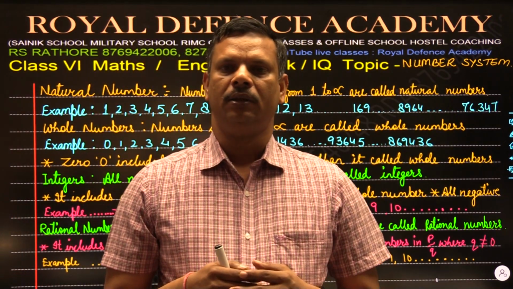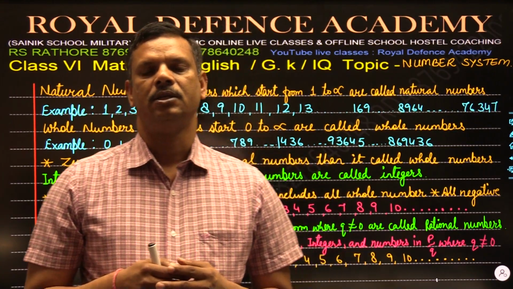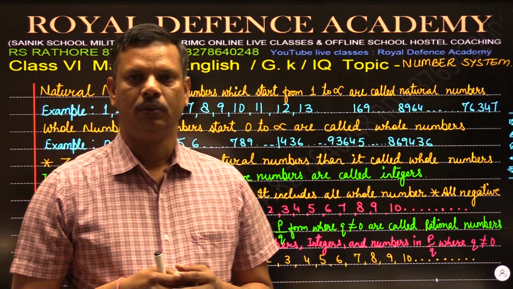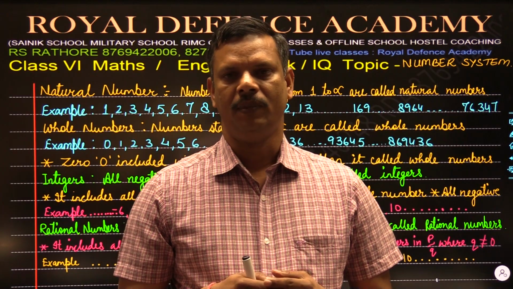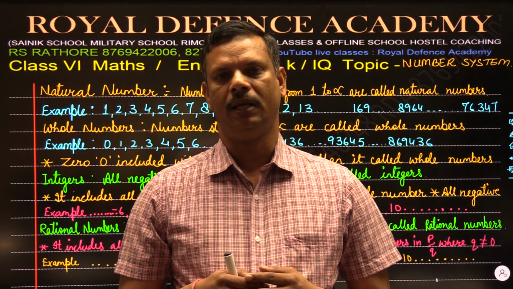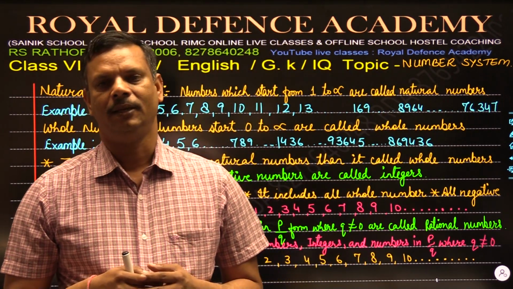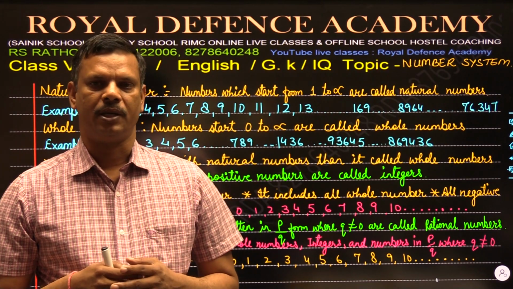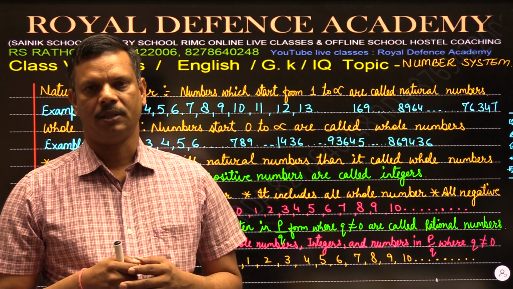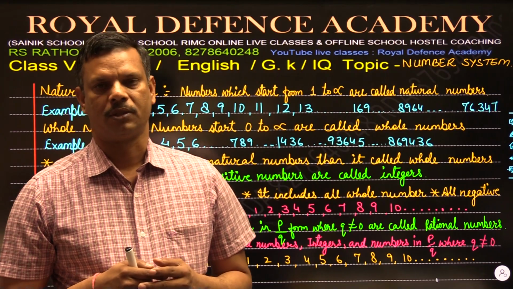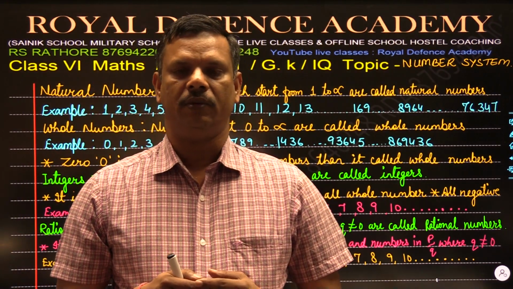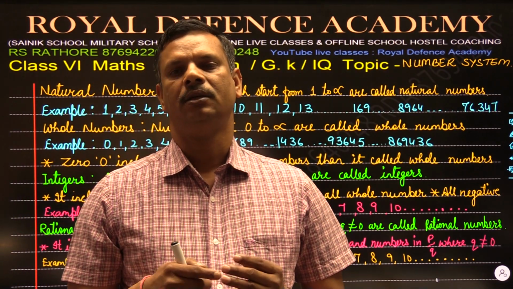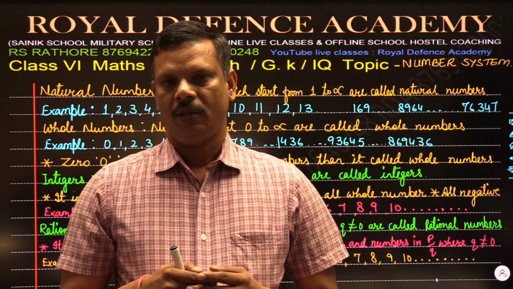Similarly, in math, we have 10 symbols, that is 0, 1, 2, 3, 4, 5, 6, 7, 8, 9. These are the 10 symbols used to write the biggest and the smallest numbers, and all the problematic questions, whatever calculations we have to do, are done only by these 10 symbols.